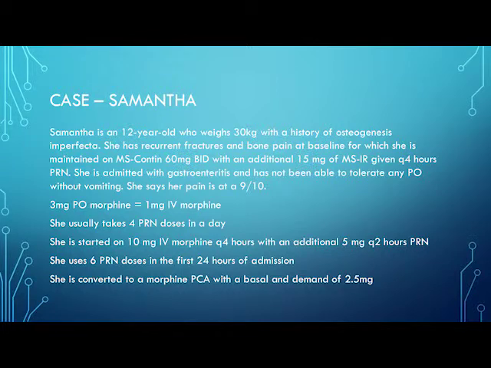But that's actually not all she takes, because in a normal day she takes 4 PRN doses. So she actually takes 180 milligrams of oral morphine in an average day. Divide that by 3. That's 60 milligrams of IV morphine in an average day that she takes. So if nothing else is going on and she just can't eat, you would expect her to need 60 milligrams of IV morphine today, right?